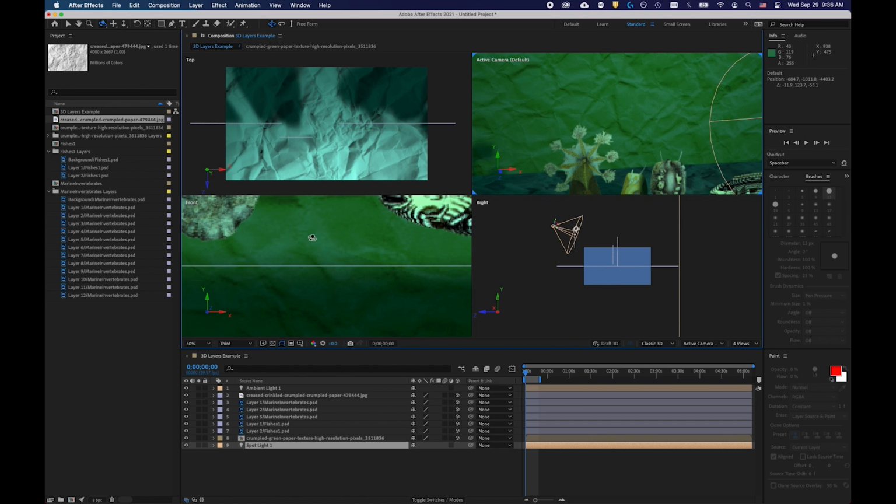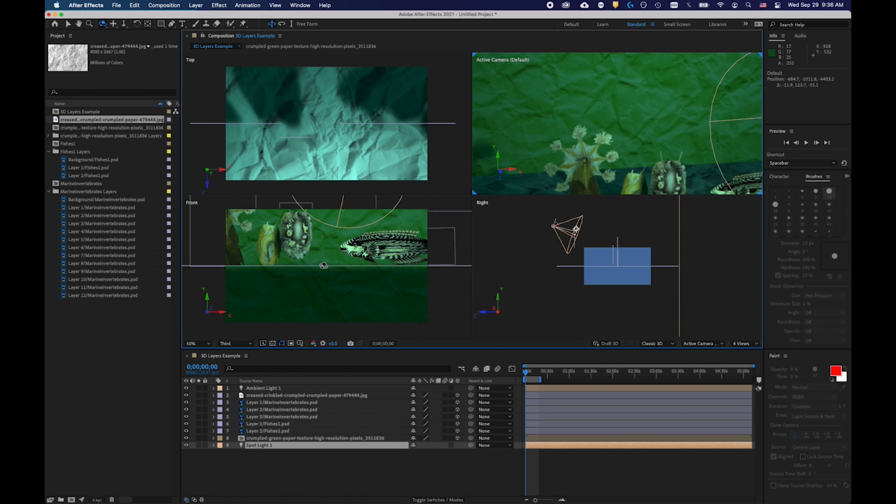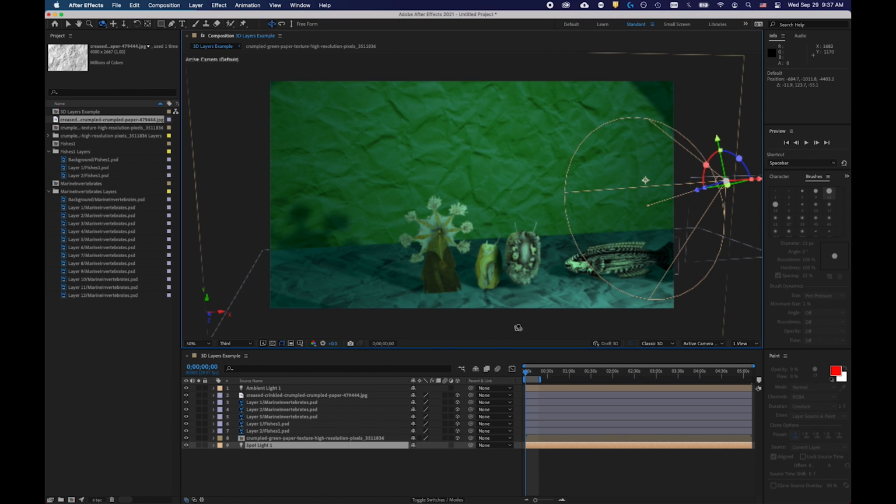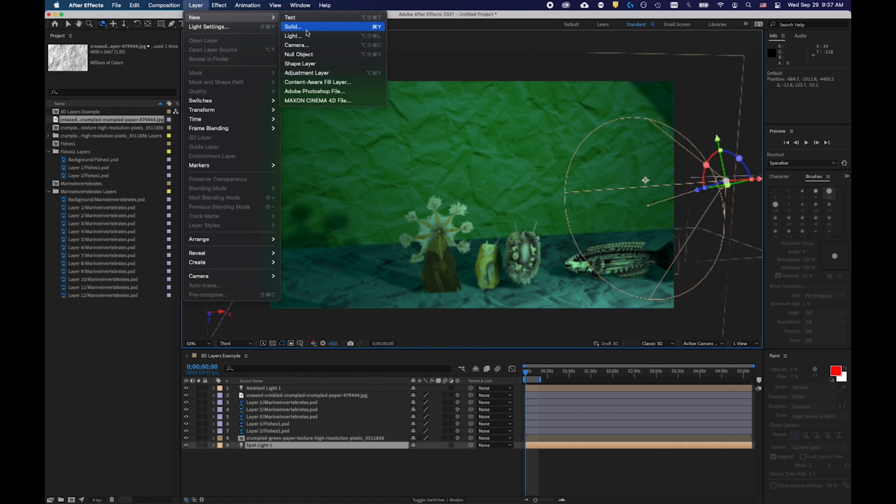This is my right view, and this is my front view, which is a little bit too close, but you can see the objects now, and you can only see where they are within this view plane. But I can see the objects, and oftentimes this helps for aligning things. Having all 4 views can sometimes be pretty useful, but we're going to go back to one view, and let's go ahead and create a camera. So I'm going to go to Layer, New, Camera,